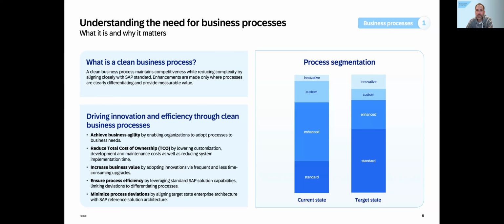because very often the statement from customers that I had been working with was, we just do it once in a while when we have to, a release upgrade, more from a security point of view, or because we are not able to implement OSS notes anymore, but not saying, hey, there's a new release on the market. Like in our case now, we would talk about 2025, S/4HANA 2025, 10 years of SAP S/4HANA.